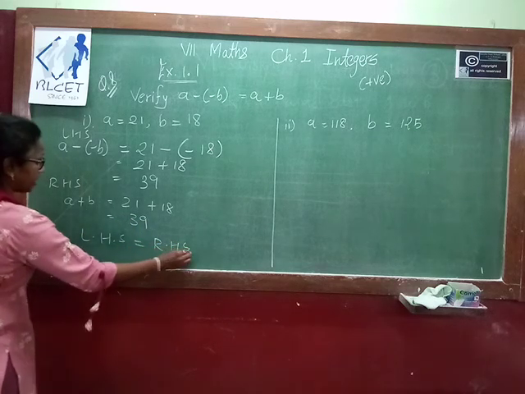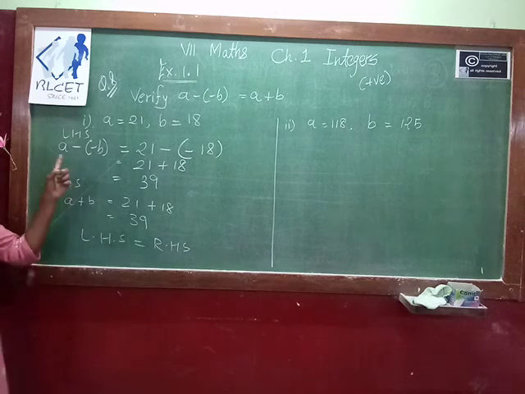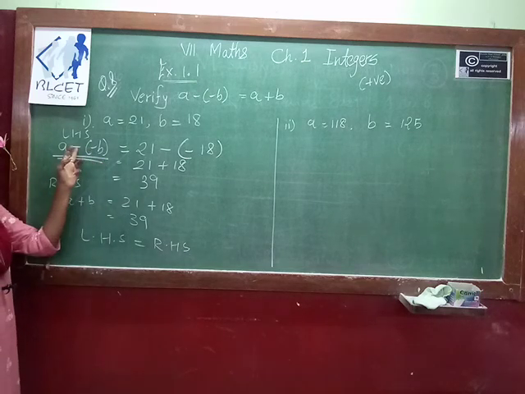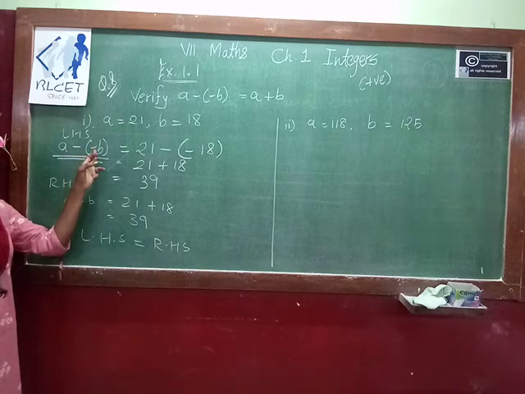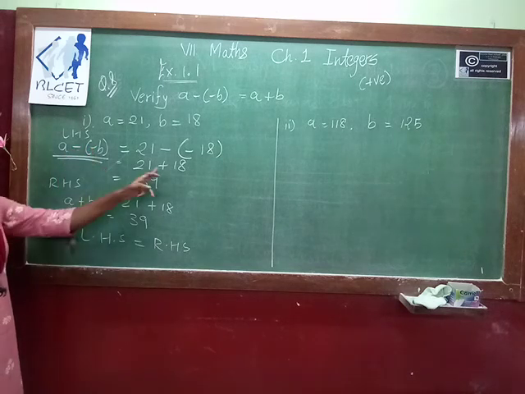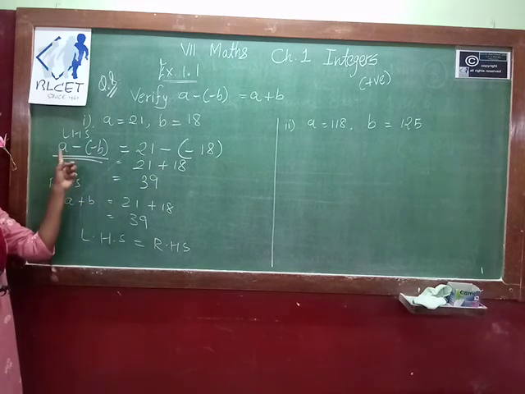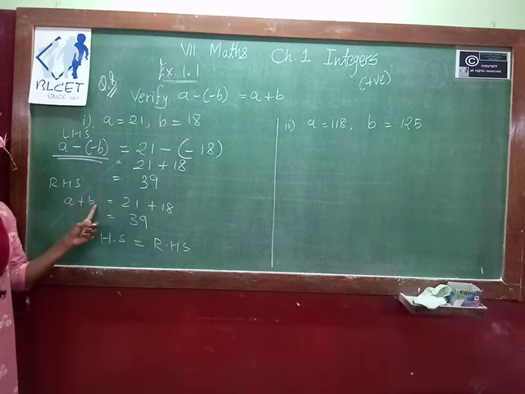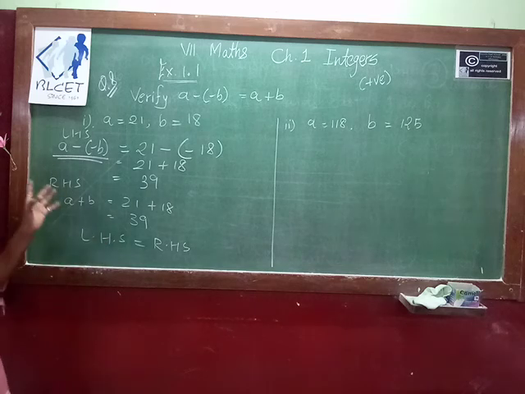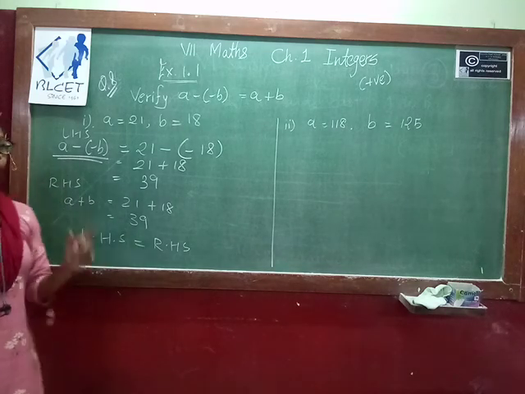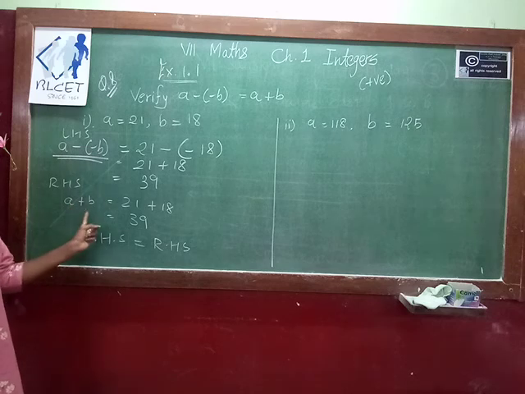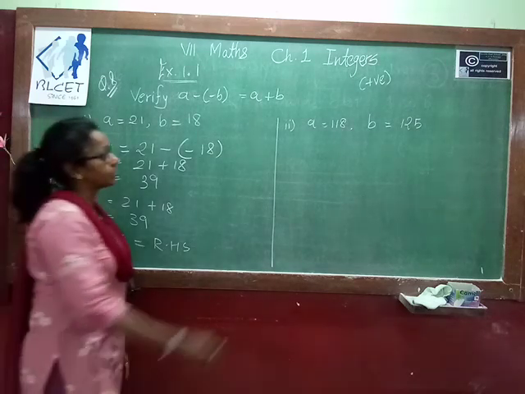Why we are solving this? So that you can understand whenever you have such kind of notation, two subtractions, one outside the bracket, one inside the bracket, it becomes always positive. So whenever you see A minus of minus B, it means A plus B. This minus becomes plus. So through this we can say that A minus of minus B is always A plus B. Go to the next question.